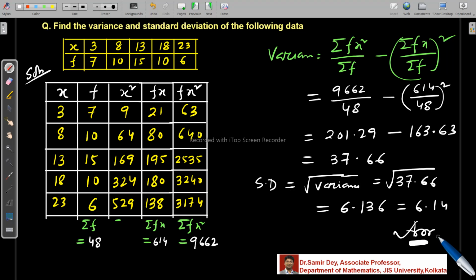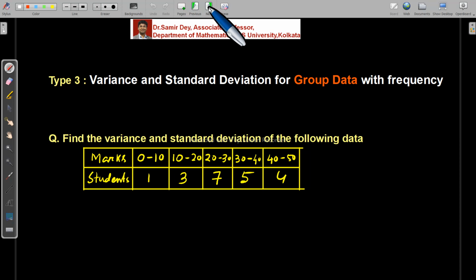I think it is clear to everyone how to find the variance and standard deviation if I have individual data with frequency. Individual data with frequency. Just try to understand part by part, it will help you a lot. Is it clear? Now I'm going to switch to the next, that is the third type,